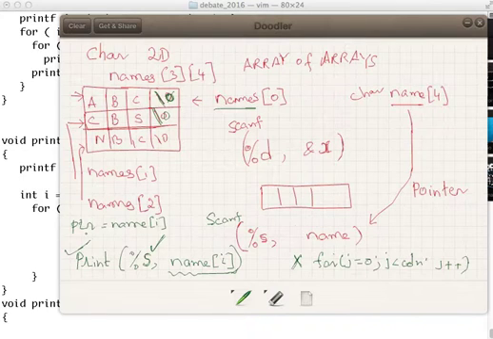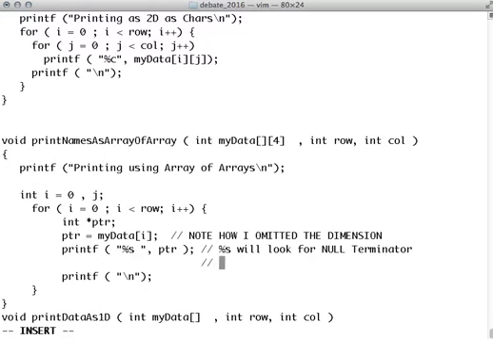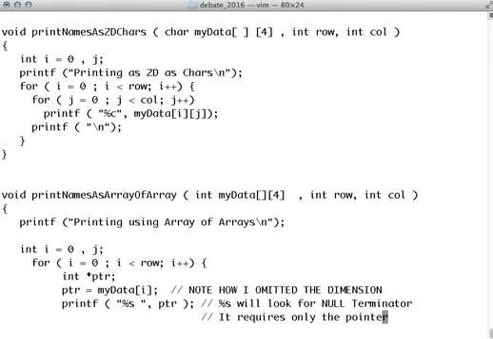Okay, and then printing that, and you see in print I don't have to put an ampersand there, because this ptr is a pointer. And this percent s will look for the null terminator to print. It only requires the pointer, only the pointer. Okay. So going back to our data,